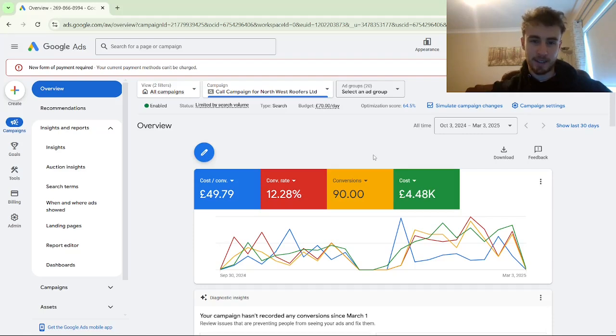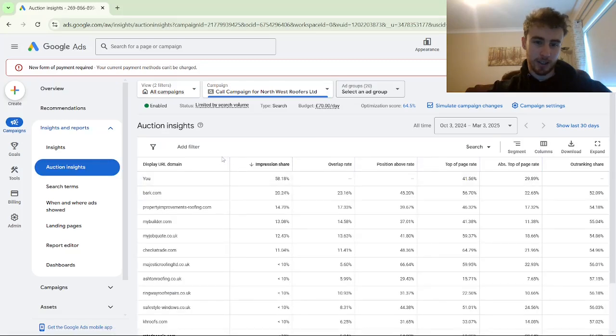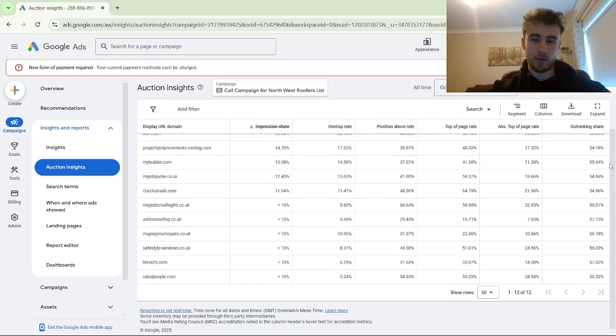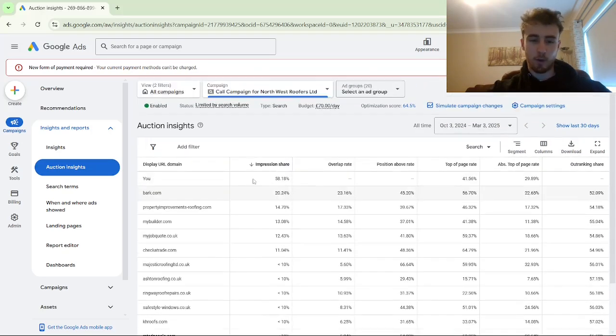And to get a good insight into how you're actually doing compared to your competitors, what you can do when you're inside your Google Ads campaign is come over here to Auction Insights on the left hand side. And when you're inside your Auction Insights there, you can see yourself along with your list of your competitors, where you can see the most important metrics, including impression share. And what we mainly use the Auction Insights for is to get an idea of impression share, first of all,